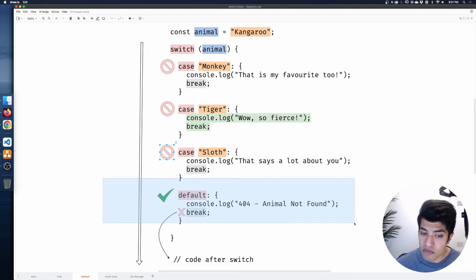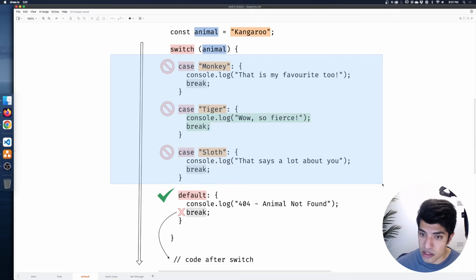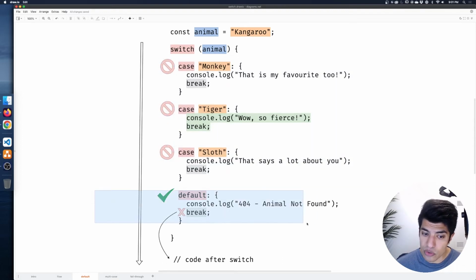Now we're going to hit default. Because we didn't match any of the other cases above us, we're actually going to execute the default case. In this case, we're going to console log 404 animal not found. We still have a break here, and since default is the last, it's just best practice to always include